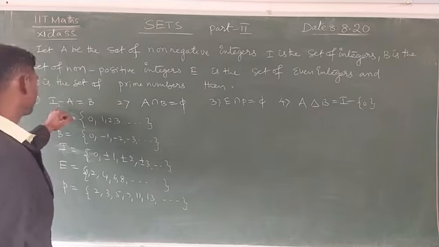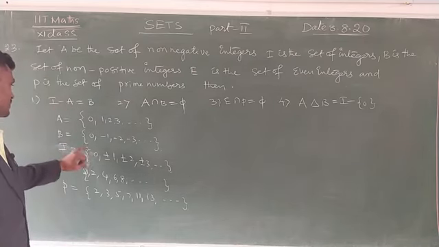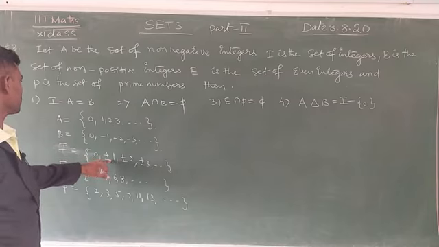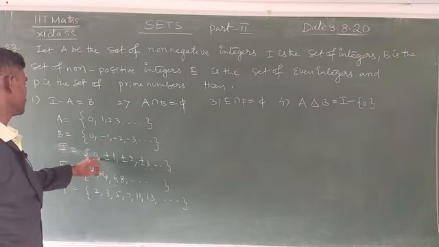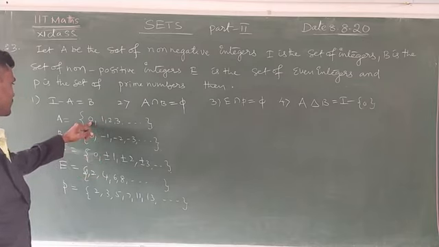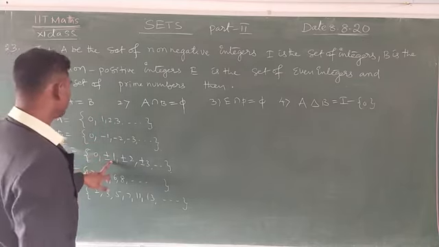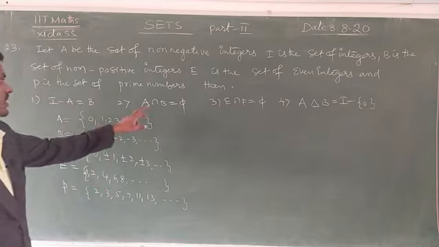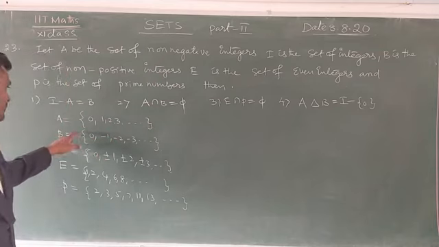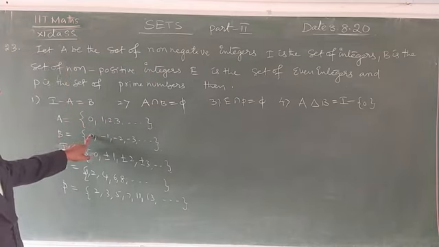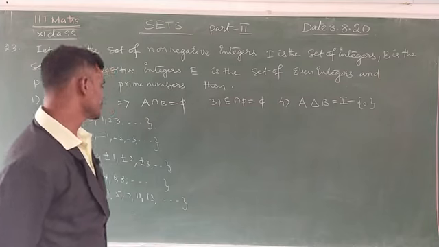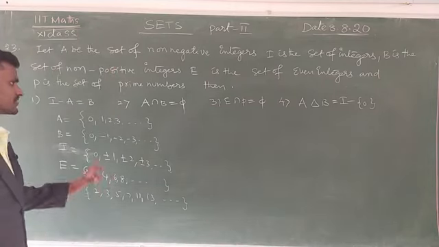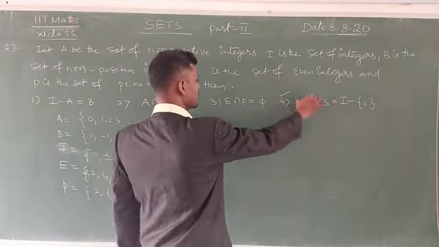Now, here I minus A means only 0 and negative numbers. I minus A means except 0, the remaining only positive numbers will come. That's why 0 is not there. That's why this is cancelled. Now A intersection B is equal to the common number, 0 is there. This is also not applicable. E intersection P is here 2. Here 2 is there. That's why it is not possible. Simply we will guess this is the fourth option.